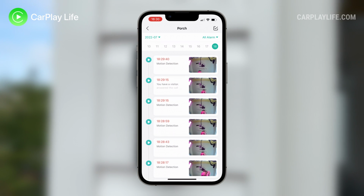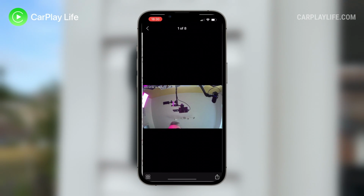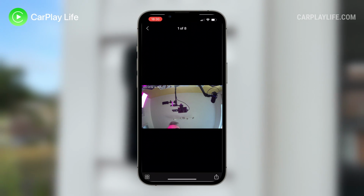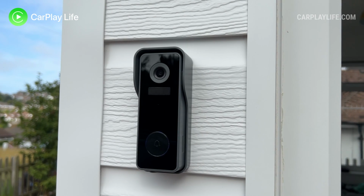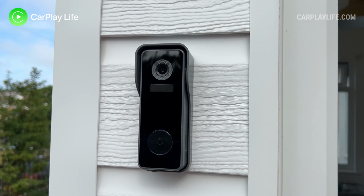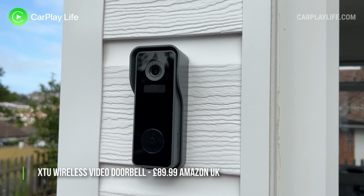From here you can choose to take screenshots or videos from the event, which will then save it to your camera roll on your phone for an additional layer of backup of certain events and save them from being over recorded in the future. The XTU video doorbell and wireless chime currently retails for $69.99 from Amazon US,